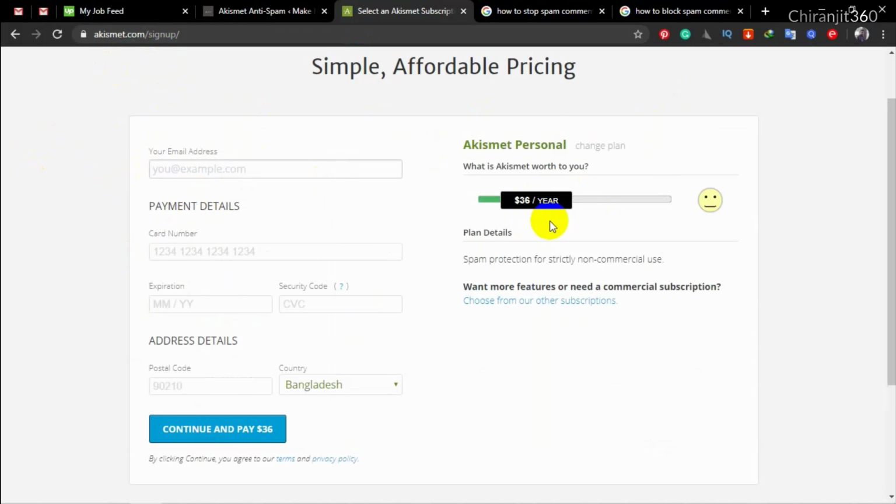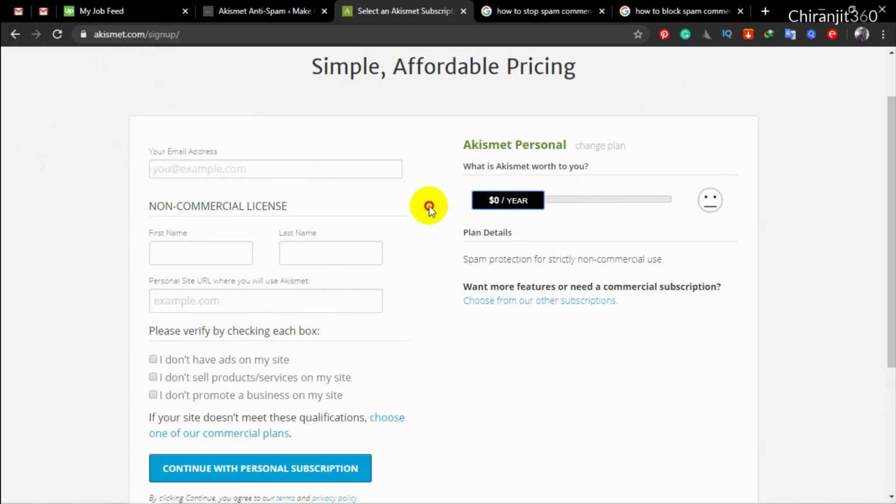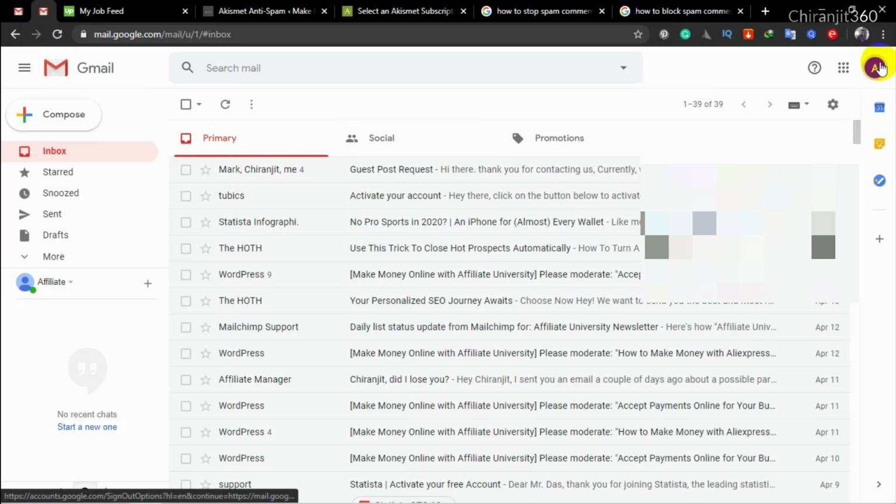And here you can see the price range. Just click and drag it to $0/year, and here you will write your email. So I am writing my email address here.